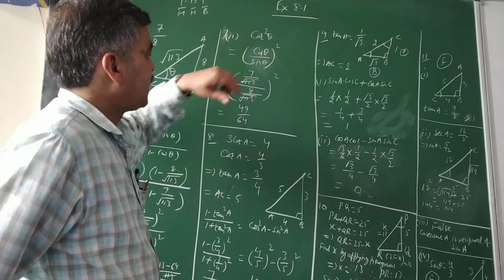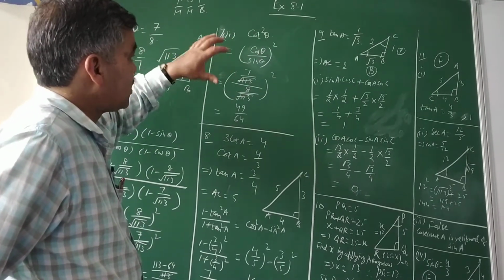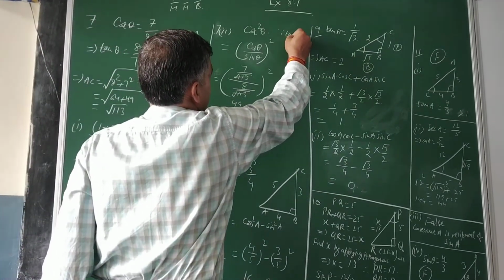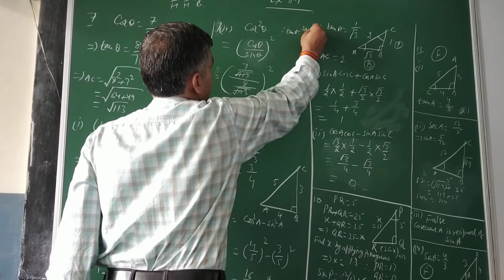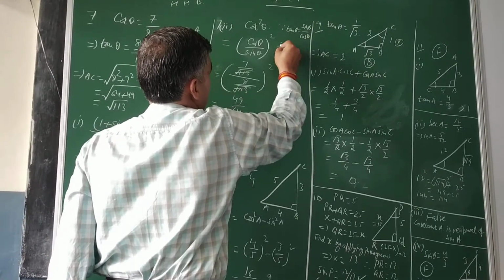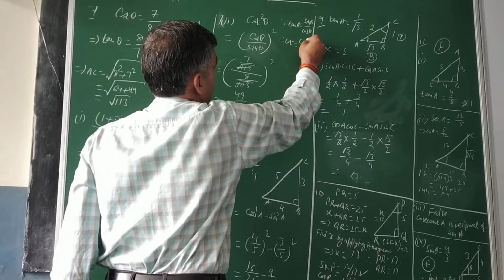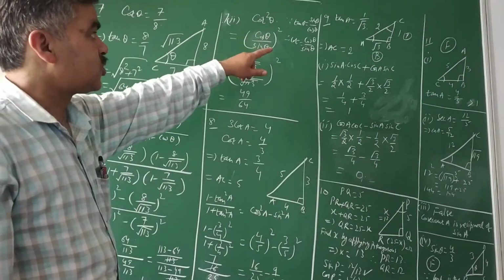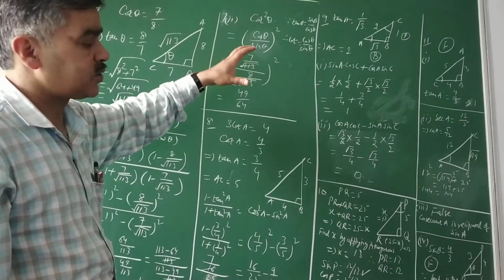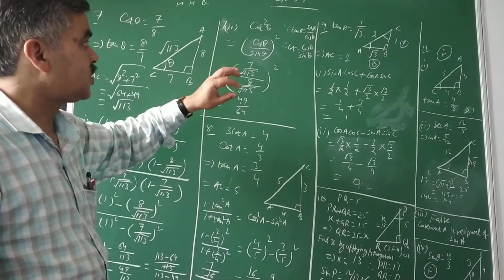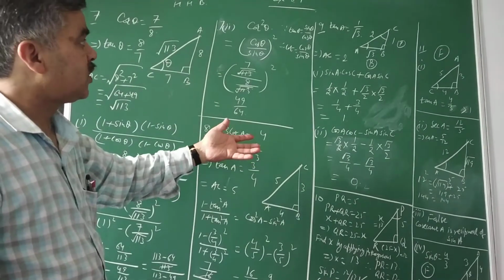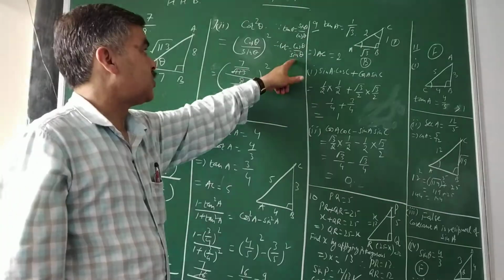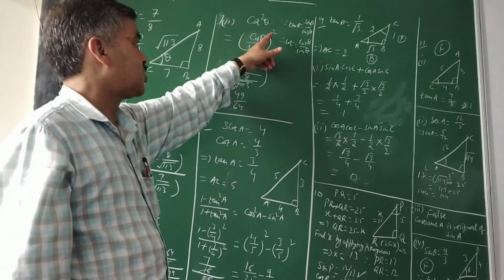Tangent theta, you know, is sine theta upon cos theta. Therefore, cot is the reciprocal, so that will be cos theta upon sin theta. When I started, I told you sine and cos are the most simplified T ratios. If you know the two, you can find the other four comfortably. So tangent is sine upon cos, and cot will be cos upon sine. You can write that as cos upon sine theta whole square.